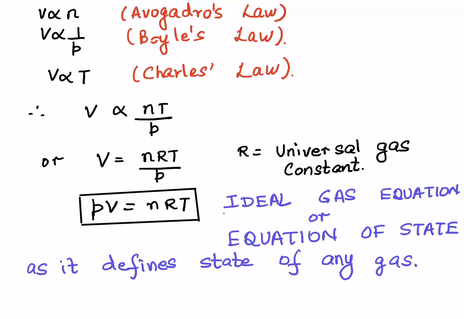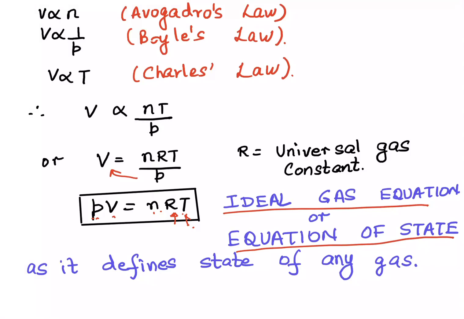And what does the ideal gas equation say? Take P to the left hand side. So we have PV = nRT. Pressure into volume is number of moles into the universal gas constant into the temperature in degrees Celsius or Kelvin? Correct. It is Kelvin. This equation is also known as the equation of